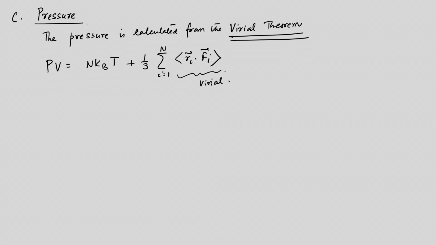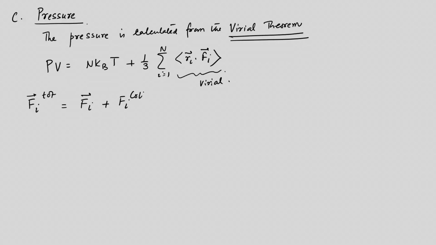Okay, so the expression for pressure is like this, where the F_i's can be computed from the total force on the ith particle. It is equal to this F_i, which is written here, which is due to the interaction that arises out of some potential, say a Lennard-Jones potential, plus an F_i collision. So let us write it as F_i collision, and this collision force can be calculated by taking a box like this,